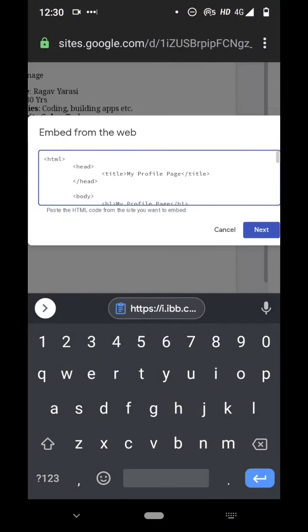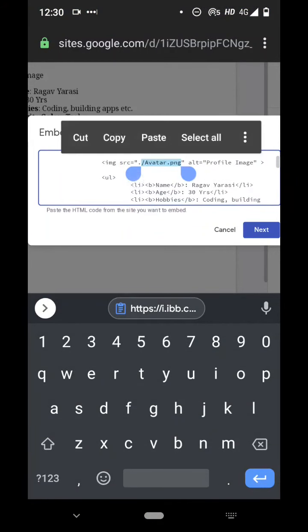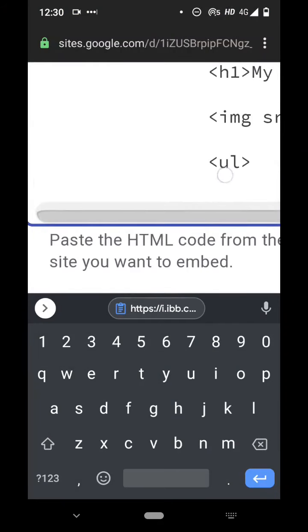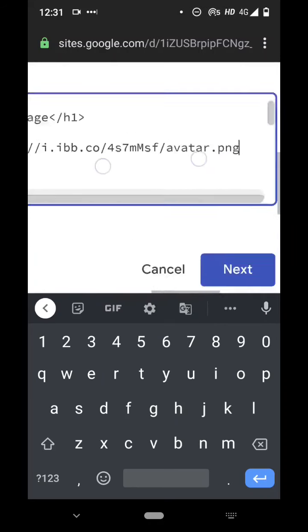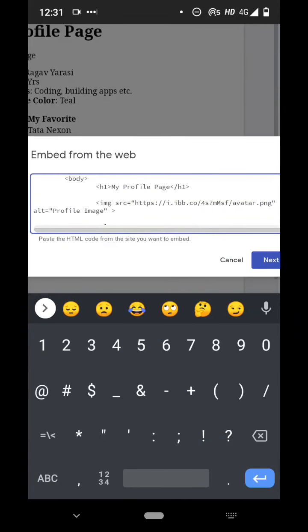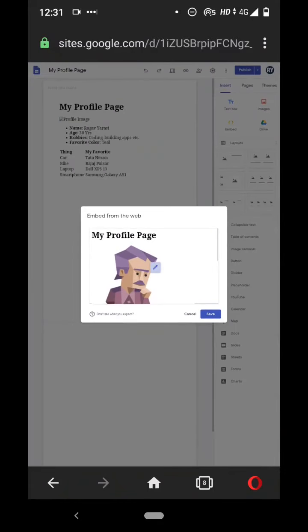Click on the pencil icon and then go to the image location, and we'll select exactly where the PNG file address is supposed to be. So I'm going to paste the address here, and you have to make sure that everything is proper. So I'm going to close this. And so now if you look, the image tag has the src and the address for the image file is present, and we can click on next. So now we have the image file showing here.